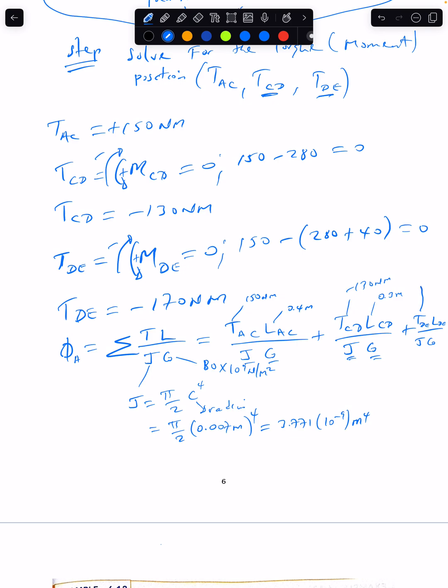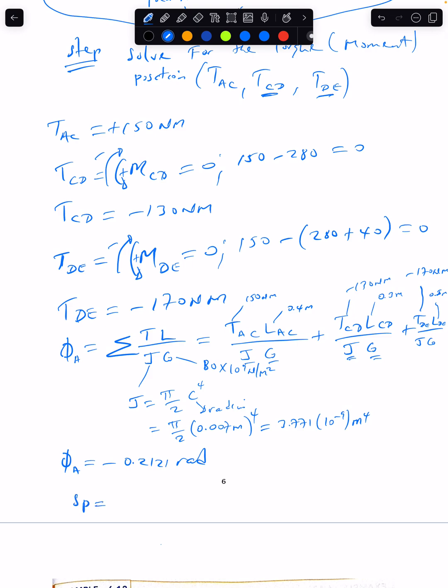So the torque at DE is minus 17 Newton meter, and the length for that section is 0.5 meter. And therefore, the angle of twist at A for the gear is minus 0.2121 rad. We know deflection is negative, and therefore displacement